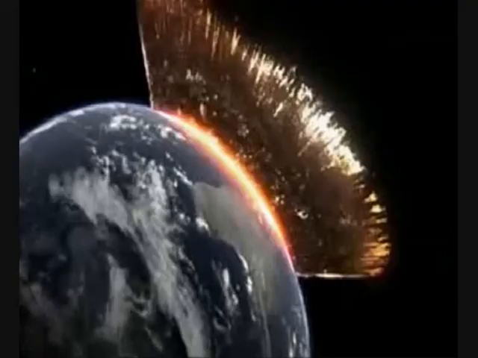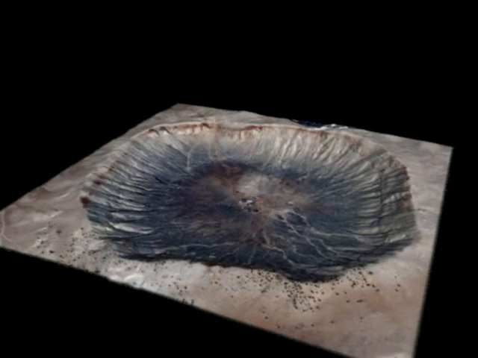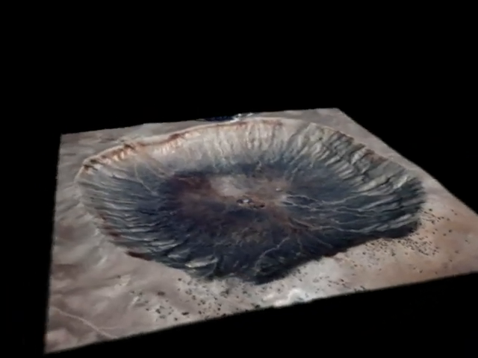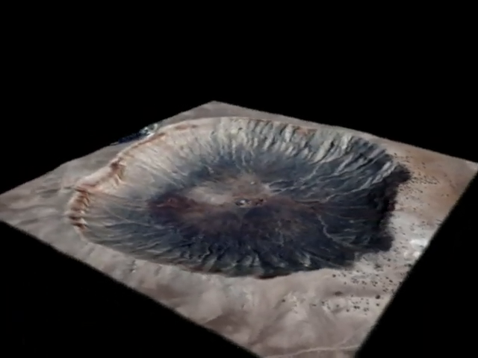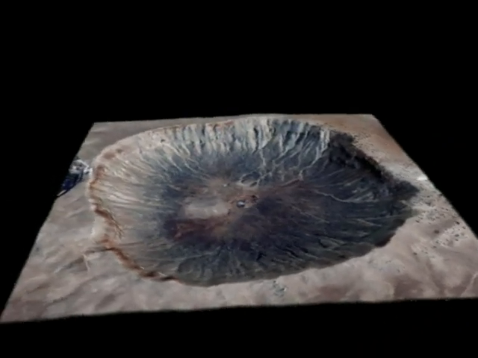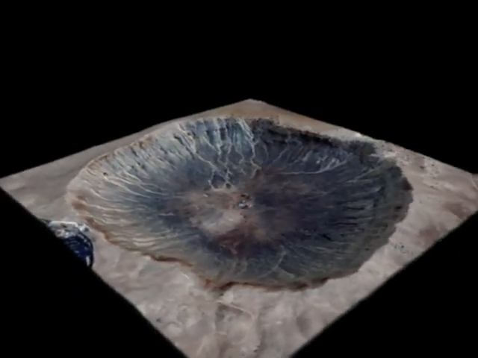Meteor Crater was formed in 10 seconds. About 50,000 years ago, a meteor struck the Earth, blasting a hole into the landscape about 700 feet deep and three-quarters of a mile wide. More than 175 million tons of rock were thrown into the air. Hurricane force wind blew in all directions. Today, you can see the abyss left by this impact at a museum about 35 miles east of Flagstaff.